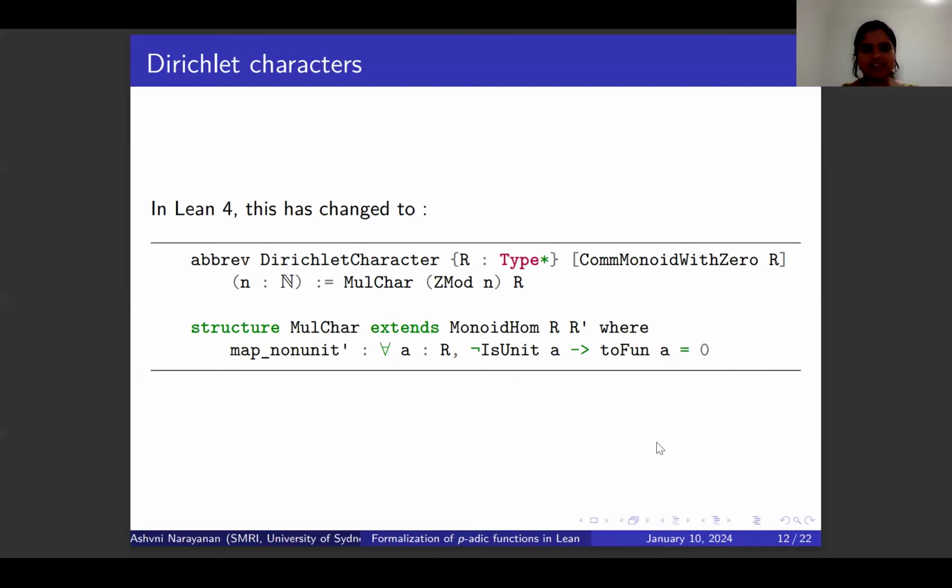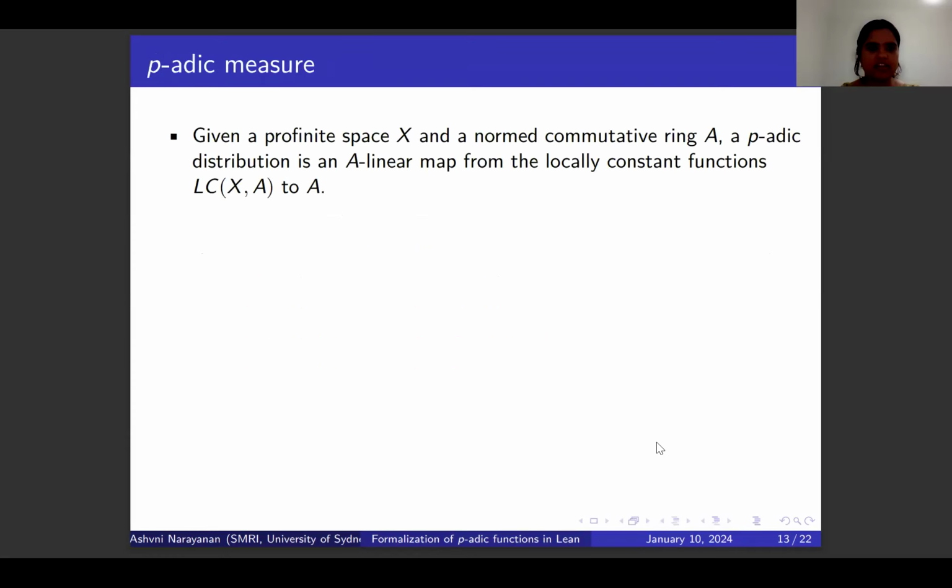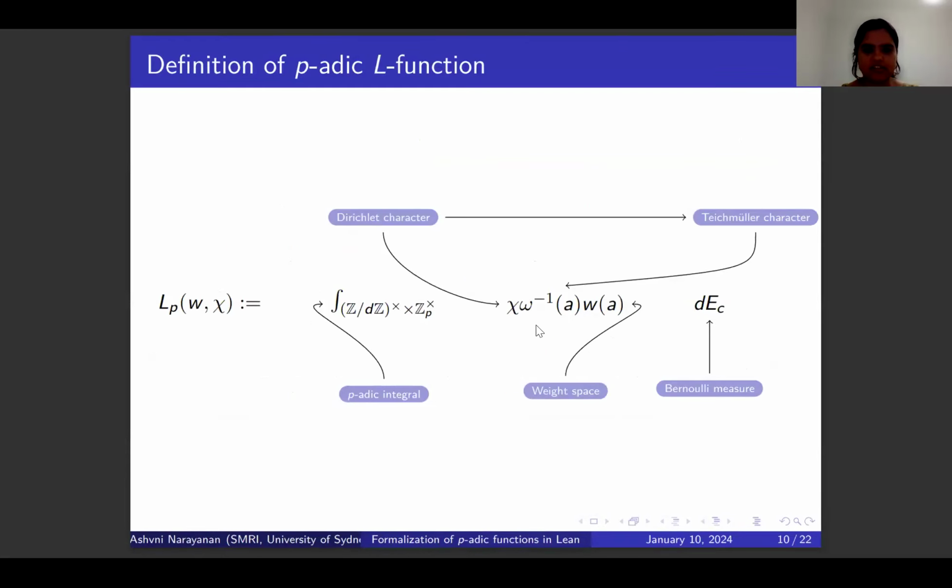Okay, and then we have the Teichmuller character. Oh, sorry. Yes, this is the Teichmuller character, omega. And a fun fact is that it's a very easy thing to define in terms of Dirichlet characters. But because the Witt vectors already existed in mathlib, I simply used Witt vectors to define it, which is a lot of heavy machinery and probably unnecessary, but it's fun and it made life easy. Okay, so